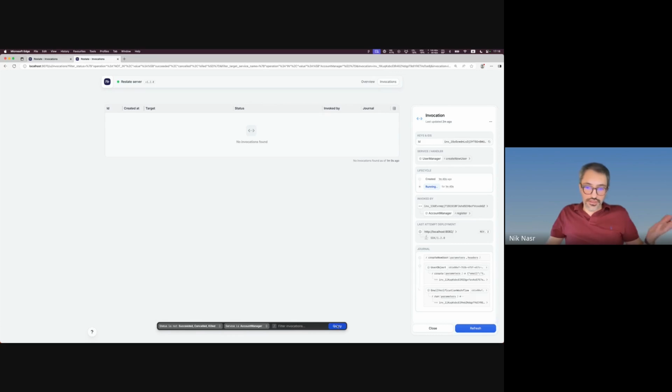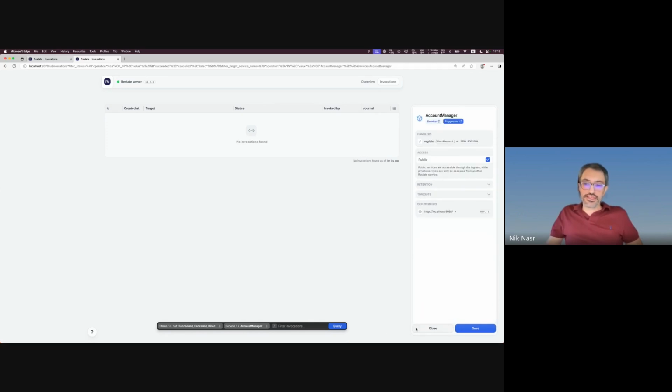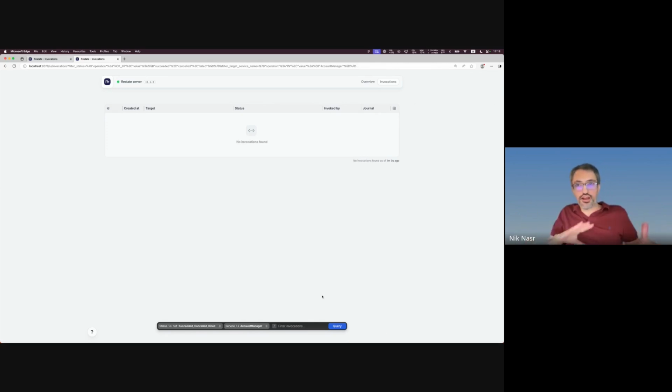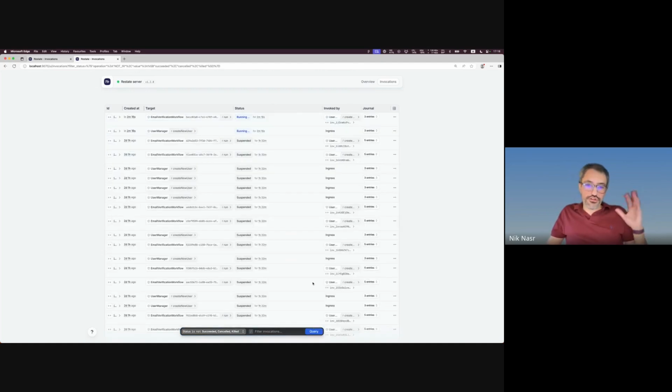If I refresh the query, as you can see, my invocation has succeeded and it's gone. And this basically gives you an idea how you can interact with the Restate UI while you are developing. Just to give you an idea of basically what you might want to look at in the productions, because there was a question. Let's go back to our original invocations page,